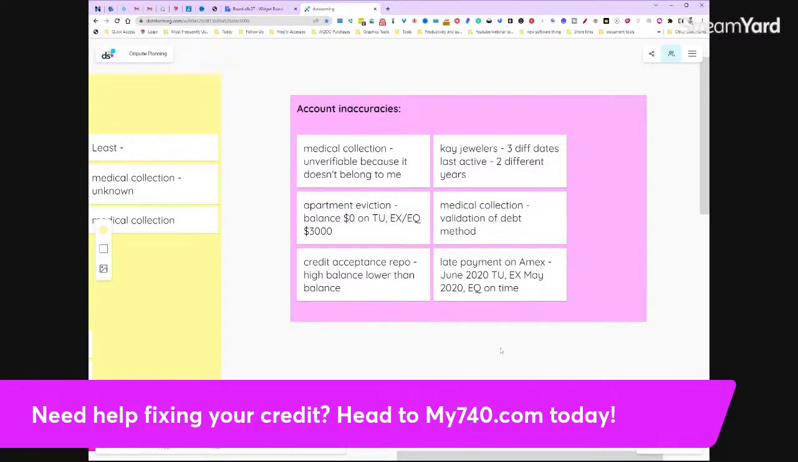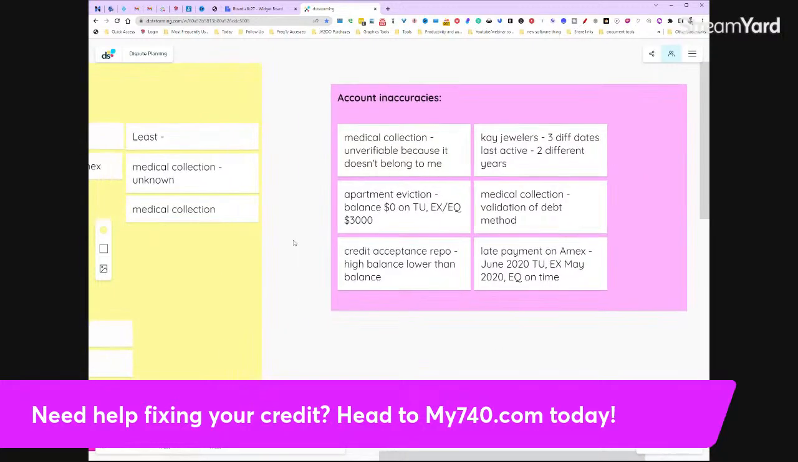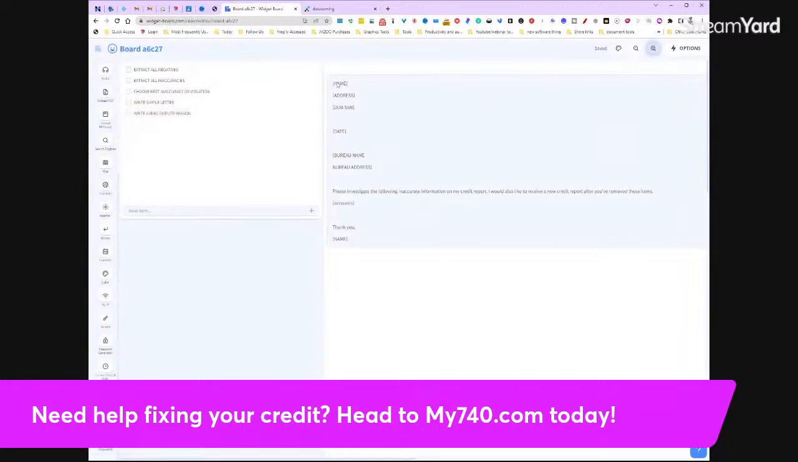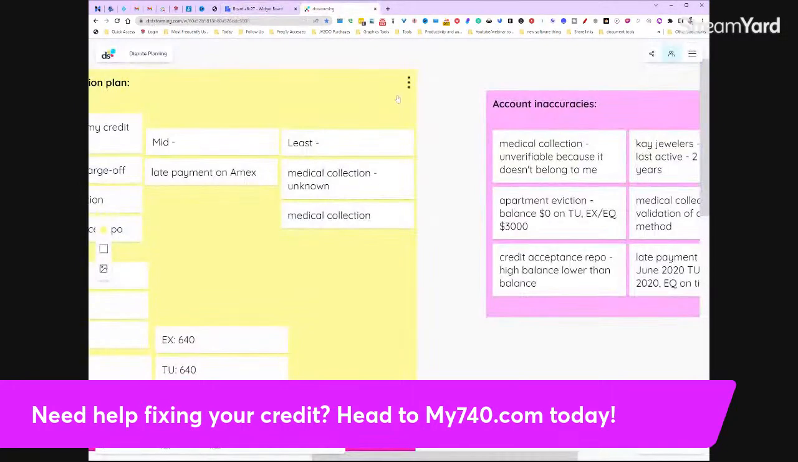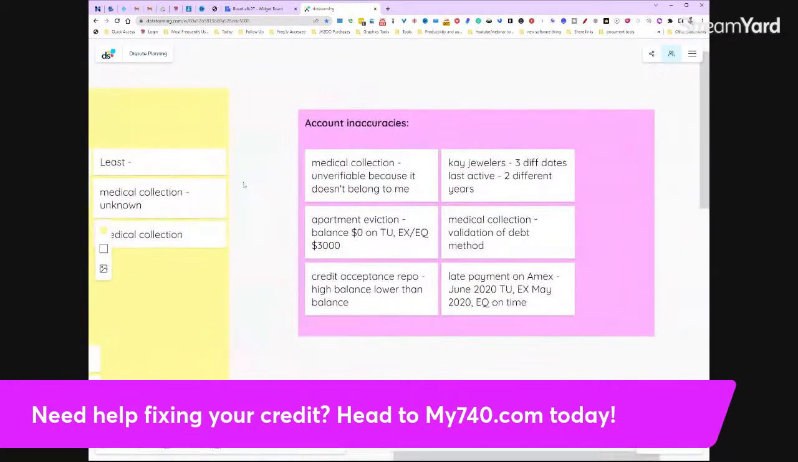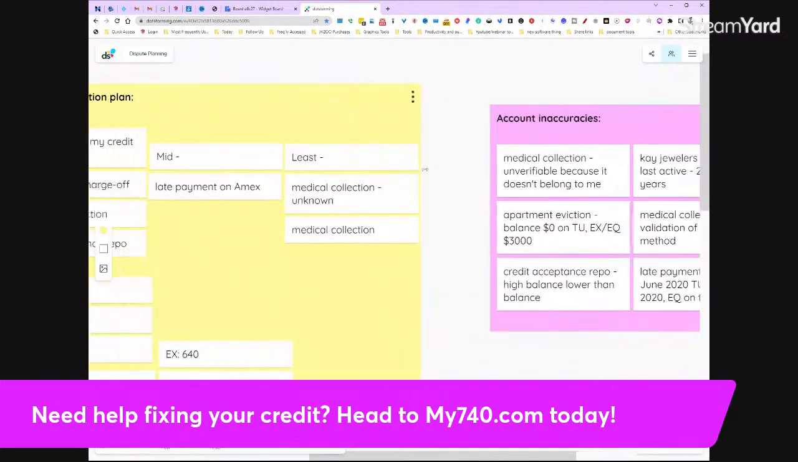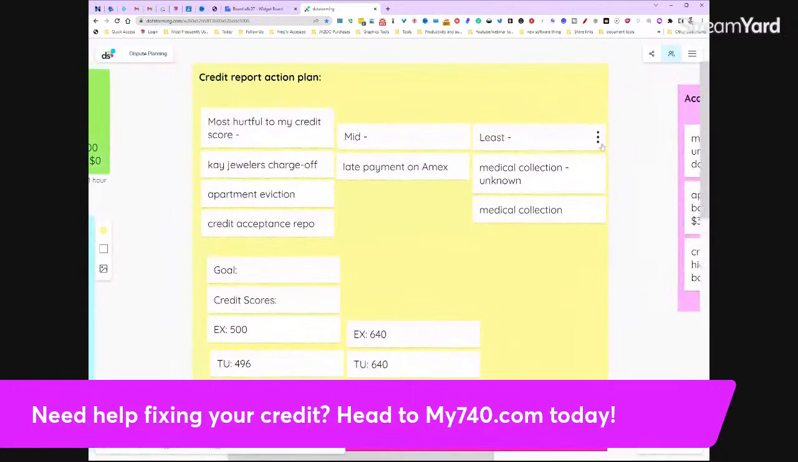Obviously, those are 3 totally different things. Okay. So now that we have extracted our inaccuracies, we need to choose the best. And we already did that when we went through the account inaccuracies. Okay. So if you want to learn more about the hierarchy and what is the most impactful to your credit